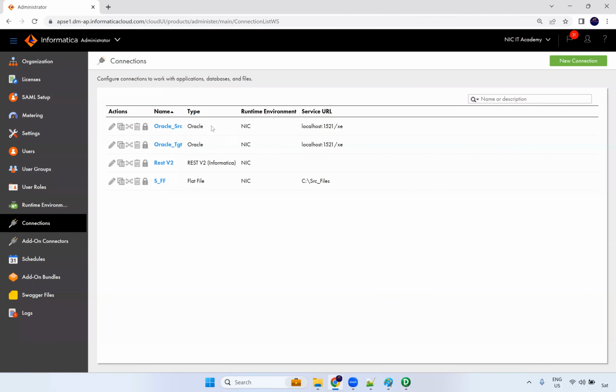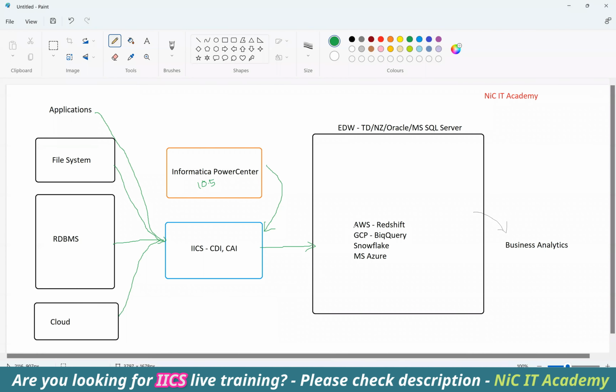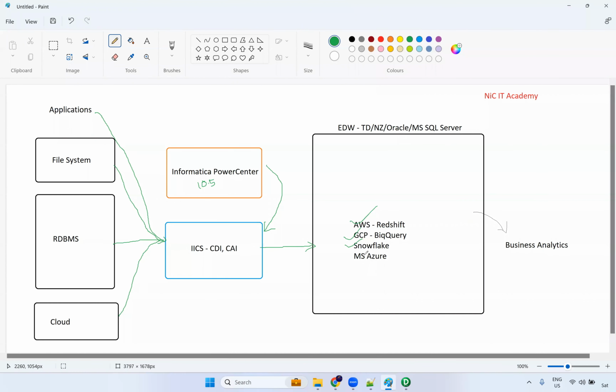As of now, I have connected with a database like Oracle and applications like REST V2 and flat file connections. In our real-time project, we will see the different connectors. I will tell you the different connectors. You will see the AWS connections, GCP connections, and Snowflake connections. If you are already working on Azure or any other cloud, I will tell you the different connectors